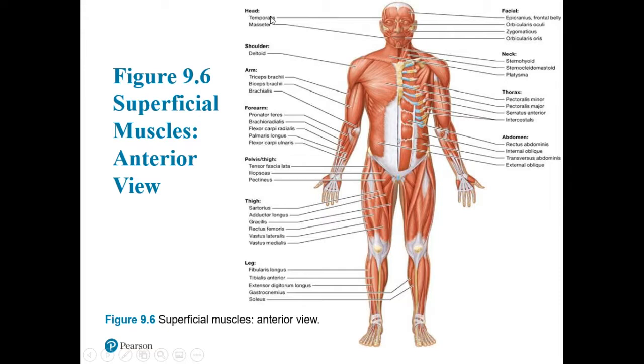That's part of the action of the temporalis muscle. It originates on the lateral end of the skull over here, and then it inserts onto a lower end of the skull over here by the zygomatic bone. And from there, it makes a connection to the masseter muscle